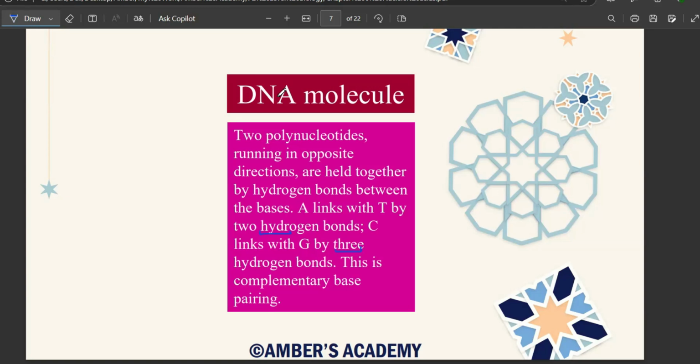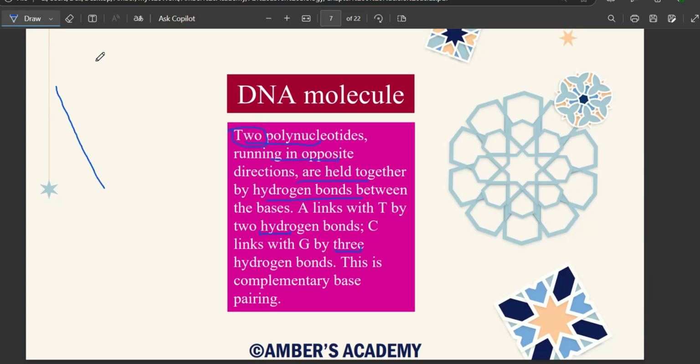चलें जी. So now let's study the structure of DNA molecule. Two polynucleotides, they run in opposite directions and they are held together by hydrogen bonds. So I know at this point you're completely lost here what is meant by two polynucleotide. So two polynucleotide means that we are talking about the two strands of DNA molecule, जैसे I made in the previous slide.